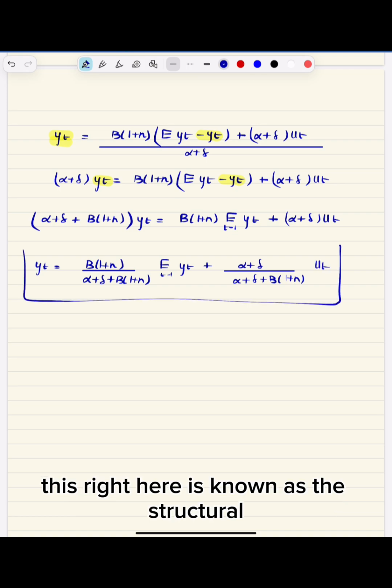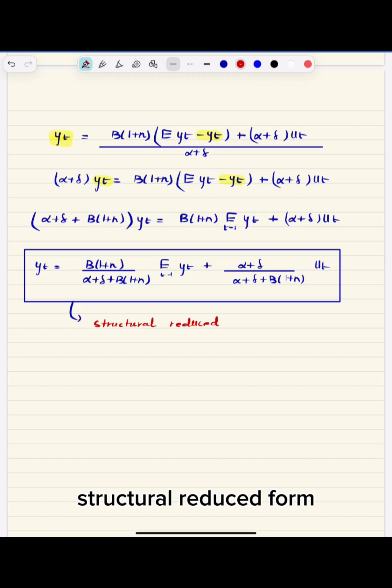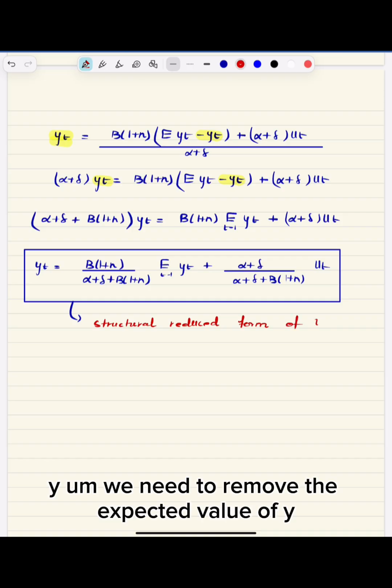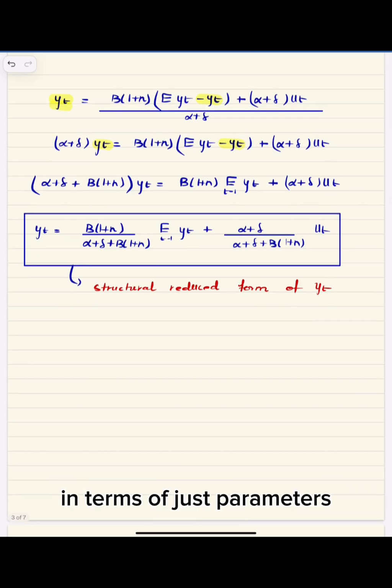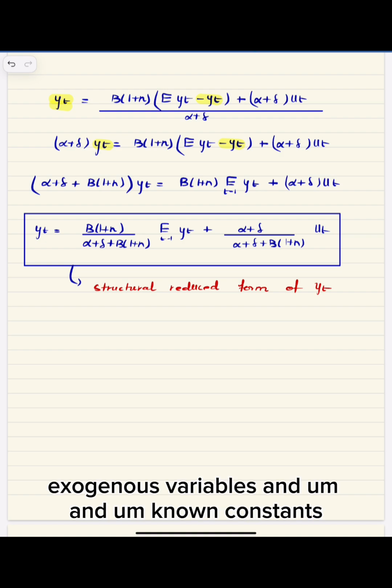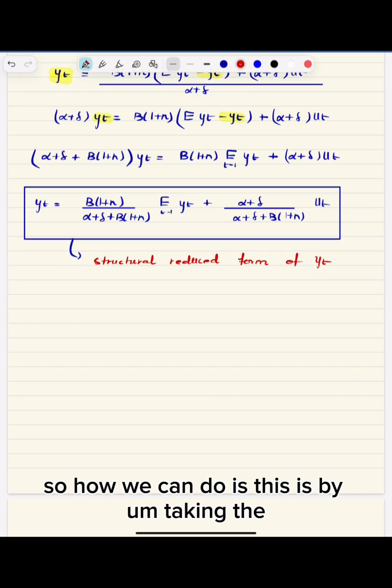So basically this right here is known as the structural reduced form of y. We need to remove the expected value of y in order to find the reduced form of y in terms of just parameters, exogenous variables, and known constants. So how we can do this is by